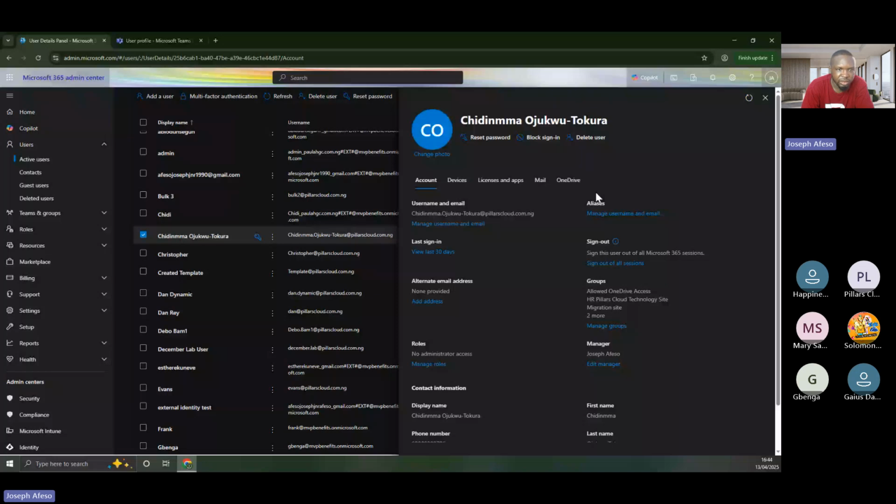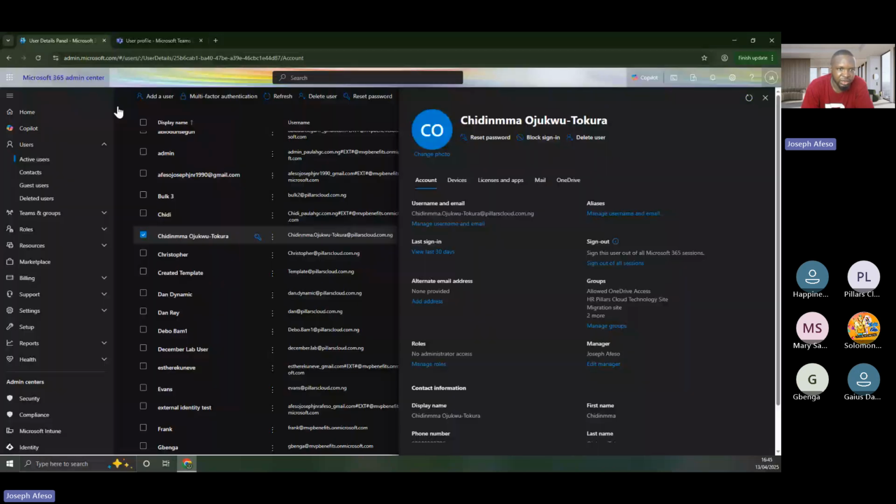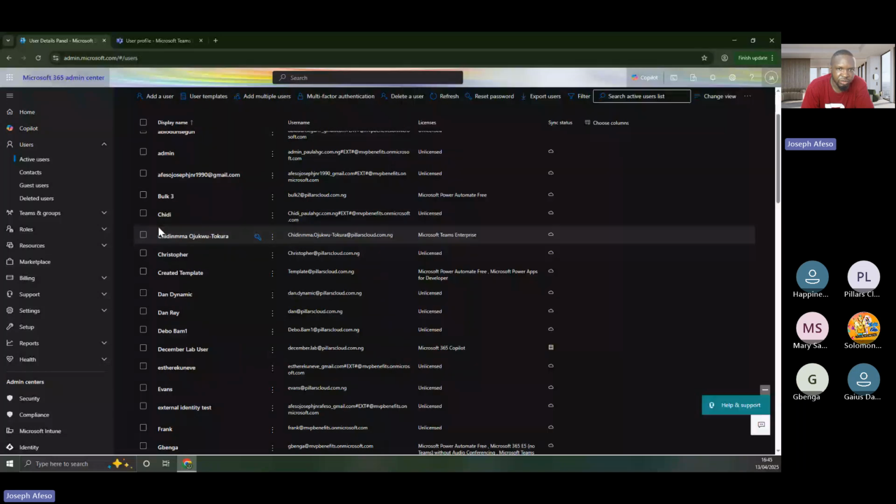So if you come to this place, the same thing too, you will see Chidima Ojuku, and you can see start a chat, send email, and all of these details, right? And then you can see that for the 7-day quality, there's no data available because this user does not even sign in. I think where it is better for us to use is to maybe bring up